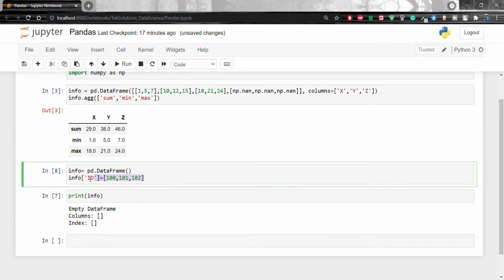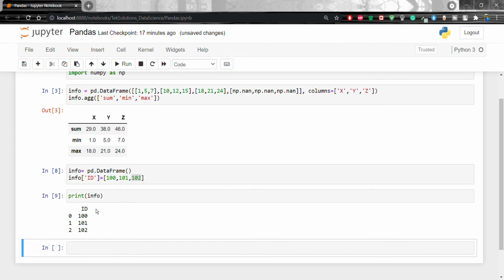Now after adding a new column into the info data frame, it will display the info with the ID column with the values 100, 101 and 102. Let's shift enter here, right? With ID the new column name, and the values 100, 101, 102, right?